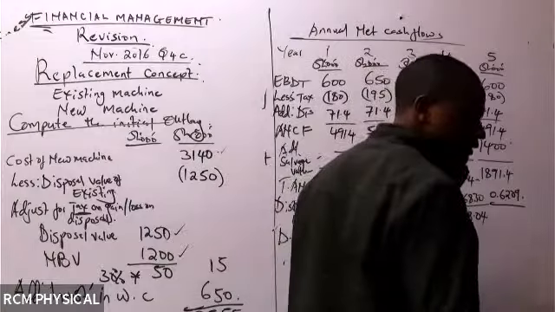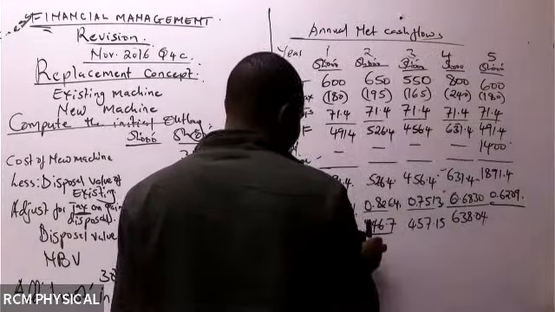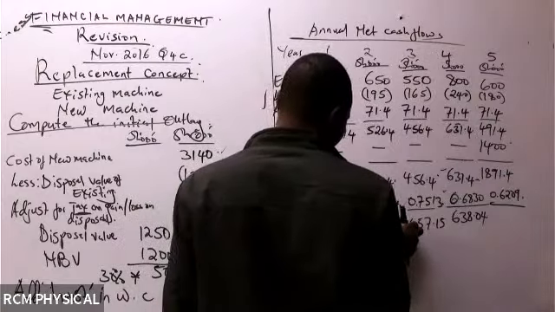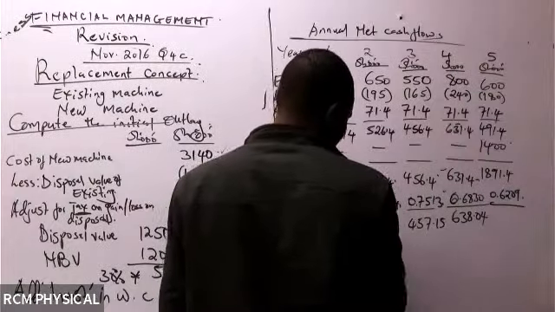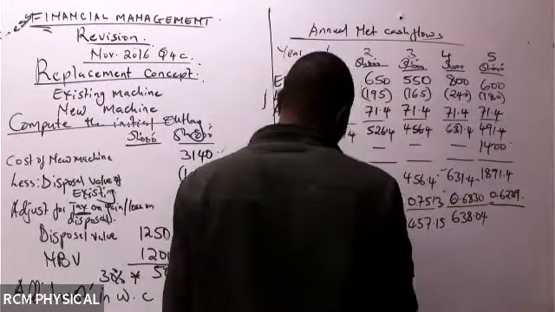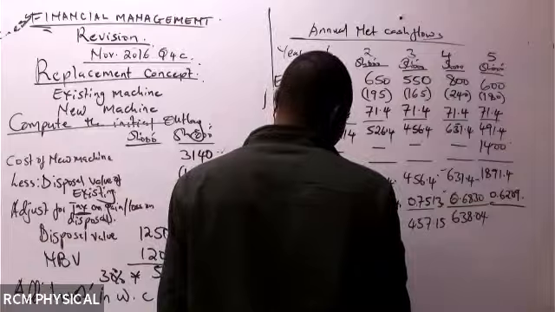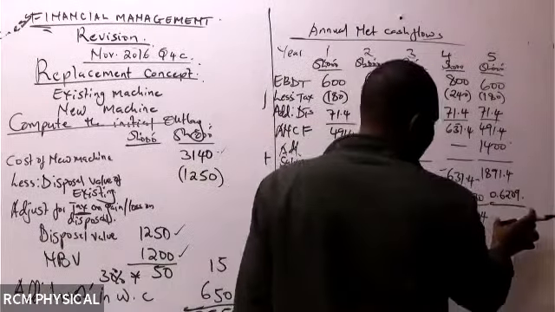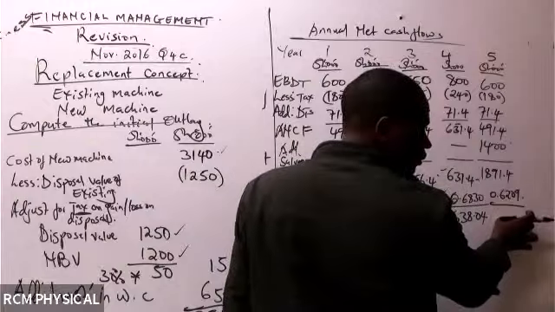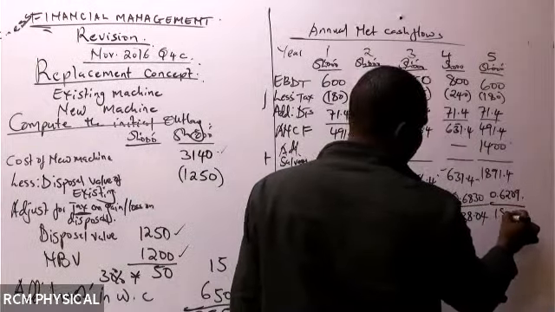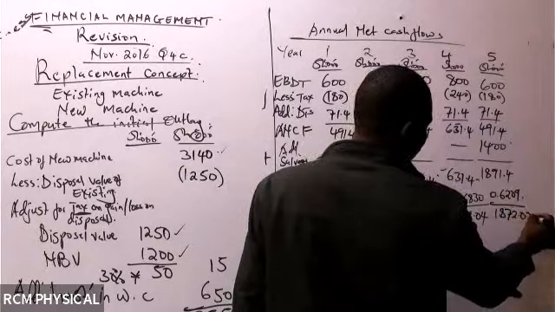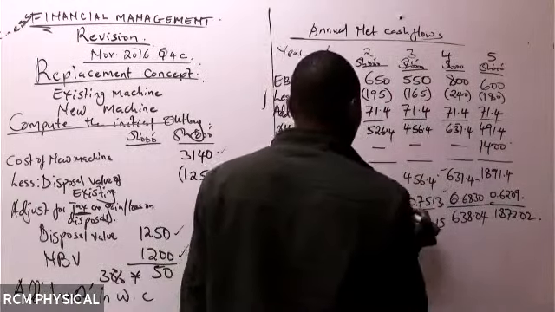Year one, I did 446. So here it is 6.7, so now we must look carefully. 446.7 and actually we are going to 1872.7 and actually year two